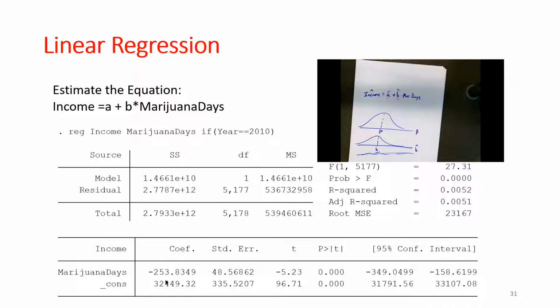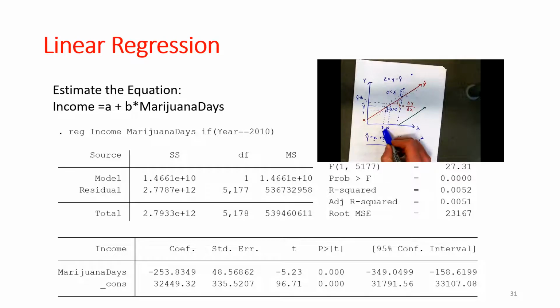So how do I use these? Okay, that's great. I know the slope is negative 253, but what does that mean? Well, remember earlier, I was saying that slope value is really telling you the predicted change in Y from a 1 unit change in X. That's always how we're going to interpret that slope estimate, or slope coefficient, as we sometimes call it as well. So that negative 253 slope coefficient is saying that if somebody uses marijuana 1 more day